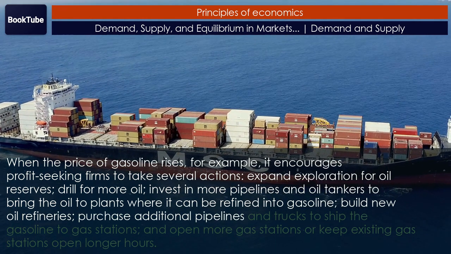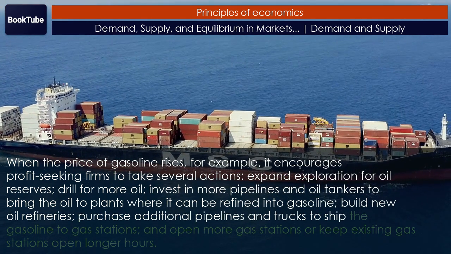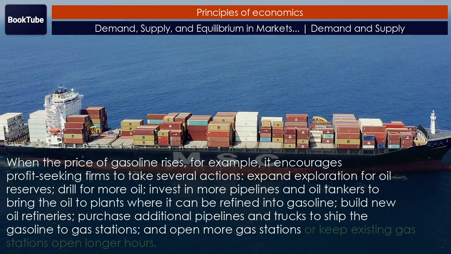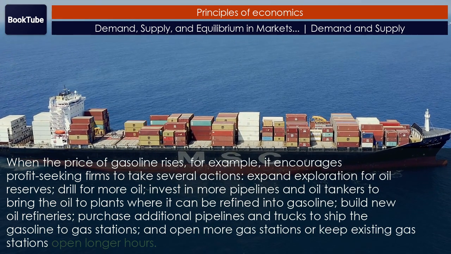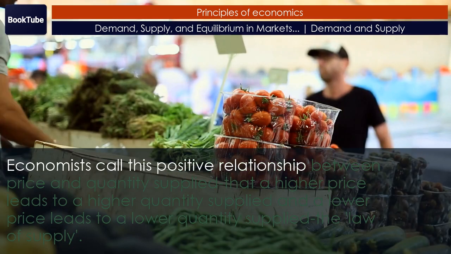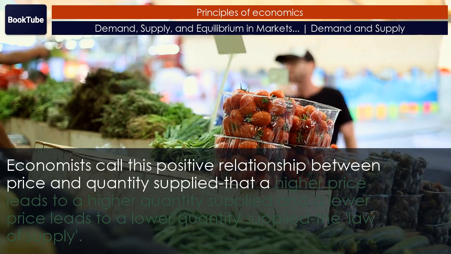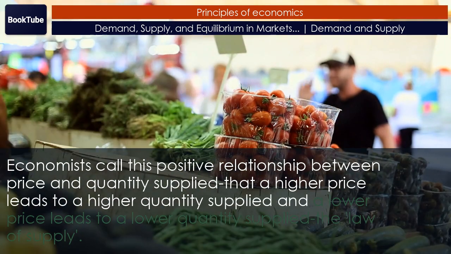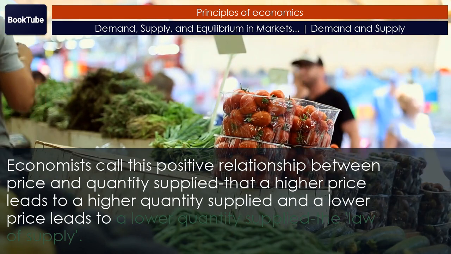Purchase additional pipelines and trucks to ship the gasoline to gas stations, and open more gas stations or keep existing gas stations open longer hours. Economists call this positive relationship between price and quantity supplied, that a higher price leads to a higher quantity supplied and a lower price leads to a lower quantity supplied,